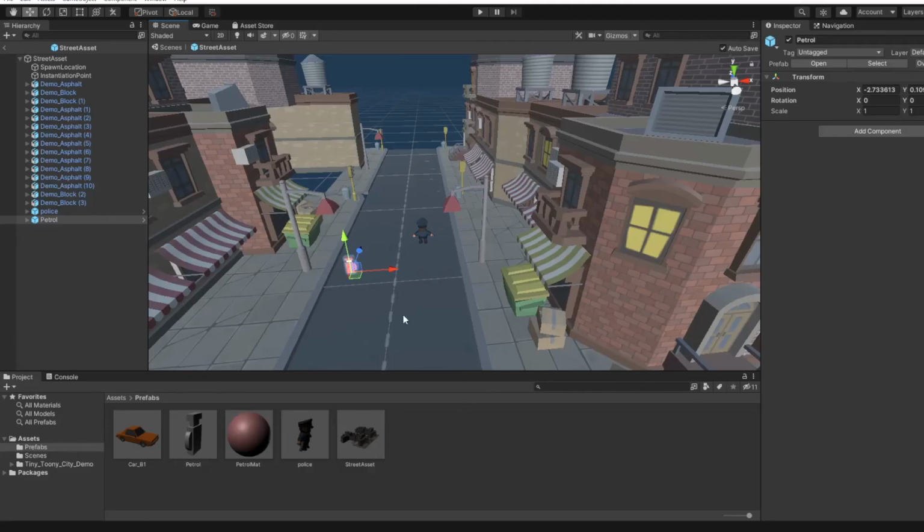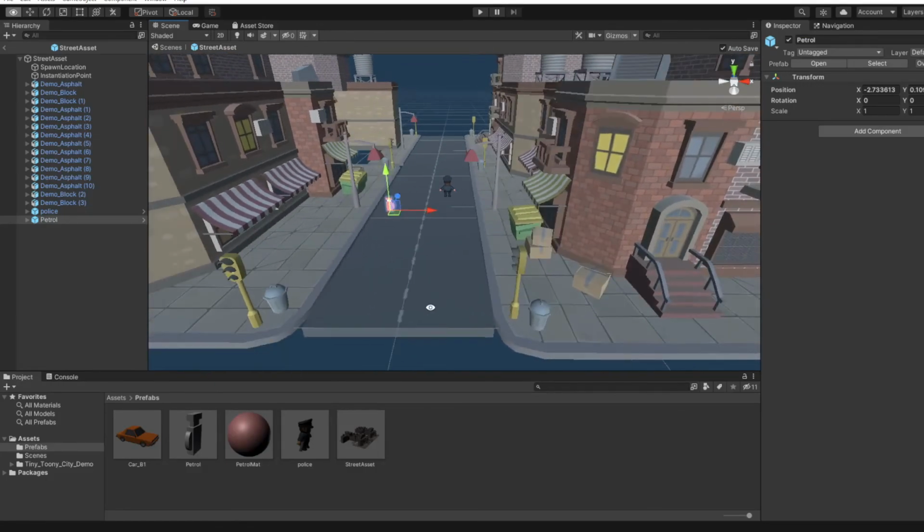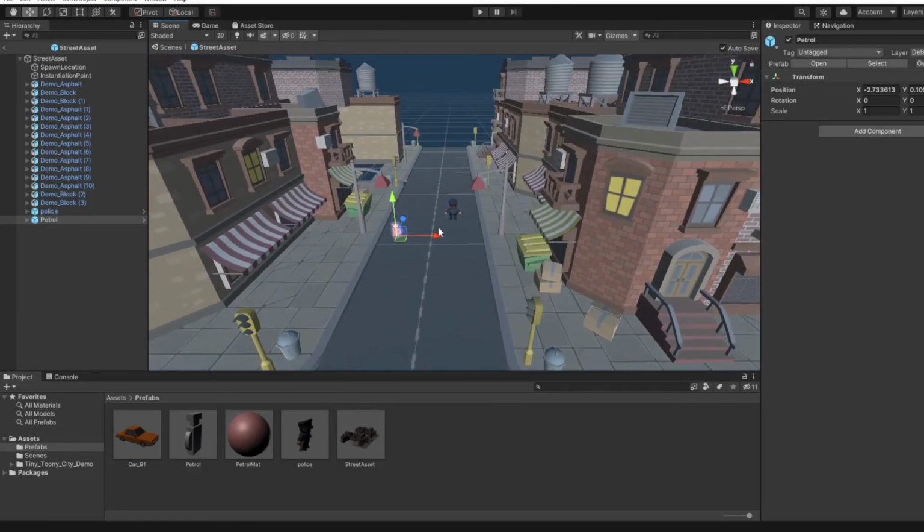So yeah, that's it from me. This is just a basic setup for an endless runner kind of game, and you can take it in any direction, but just some basics on how to get it